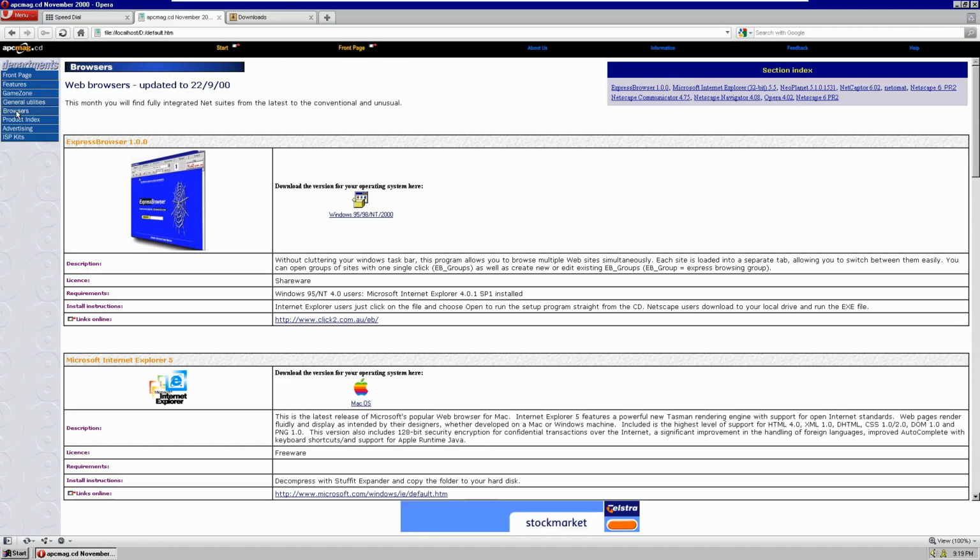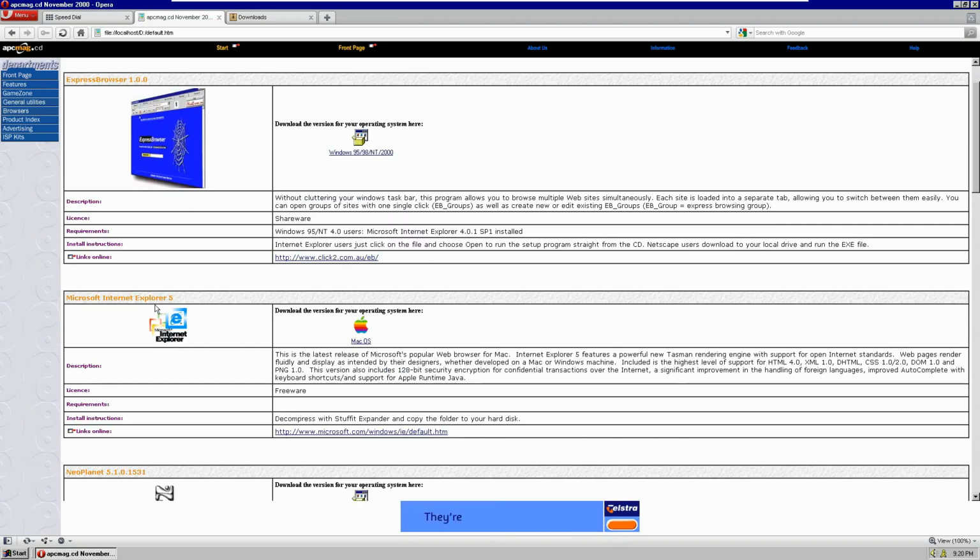Browsers. So there is the Express browser. Boasting that without cluttering your taskbar, this program allows you to browse multiple websites simultaneously in a tab. That is pretty ahead of its time and pretty sweet. So this is giving Explorer for Mac OS.